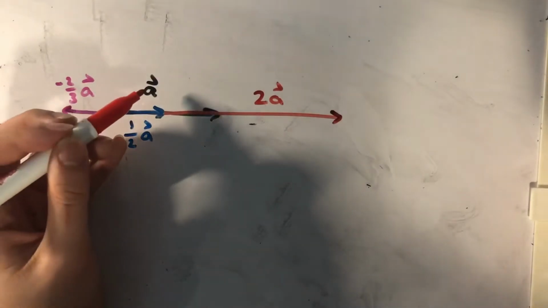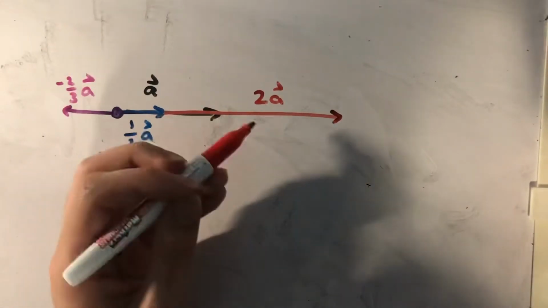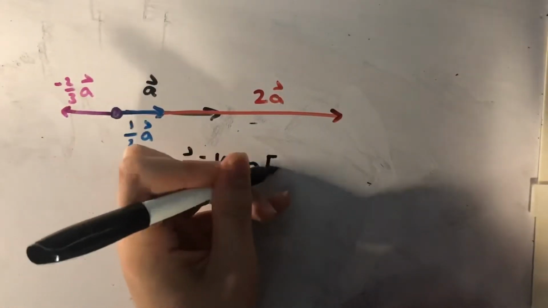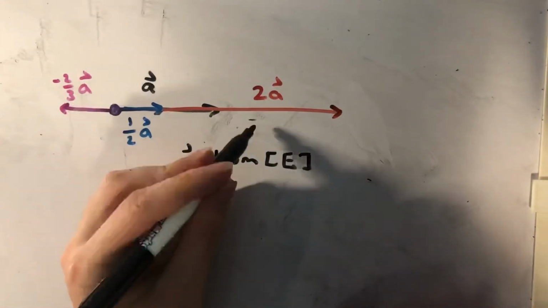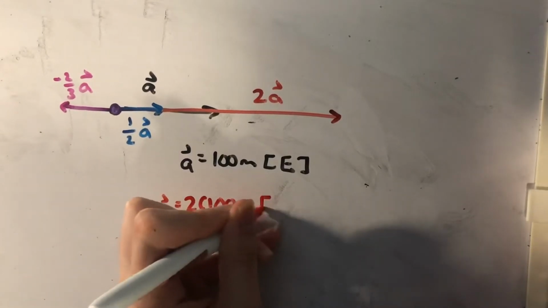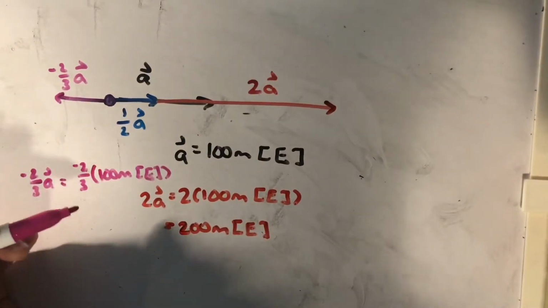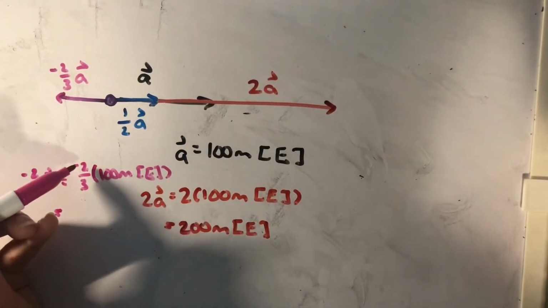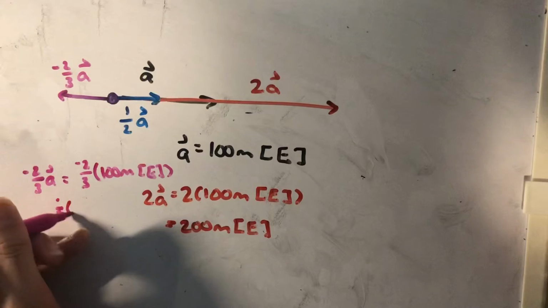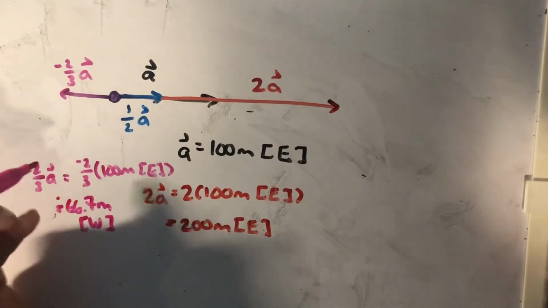If we wanted to, we could give this vector a an actual numerical value, so we could solve for our scalar multiples. For example, if we say that a is equal to 100 meters east, then we could just sub this in to something like 2a. 2a would simply be equal to 2 times 100 meters east. So that would be 200 meters still east. And if we're going to deal with negatives like I am over here, this negative is just going to apply to this east and flip it 180 degrees. So for this one, it's going to be about 66.7 meters west,